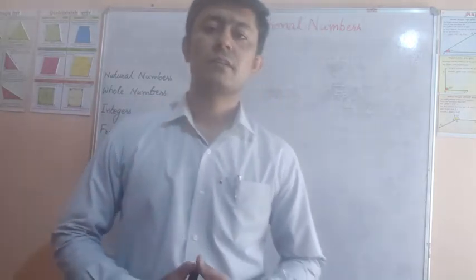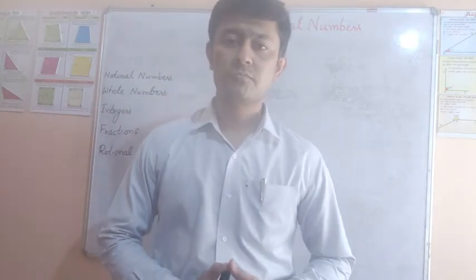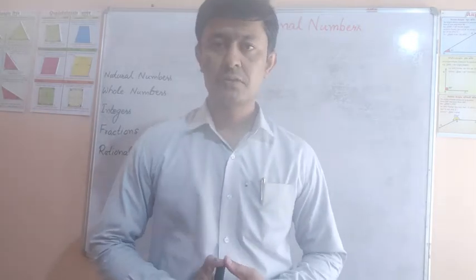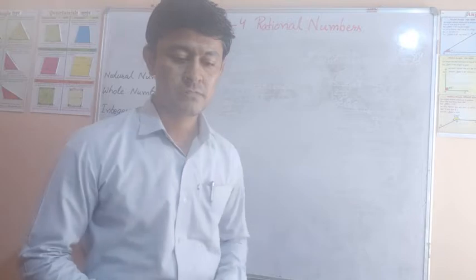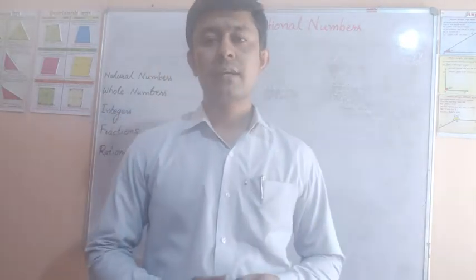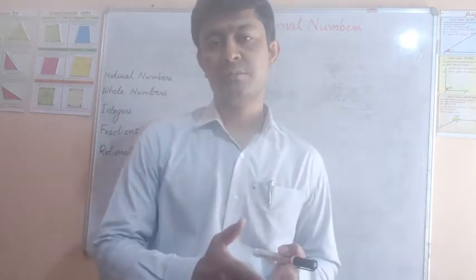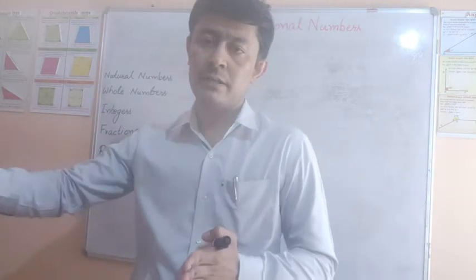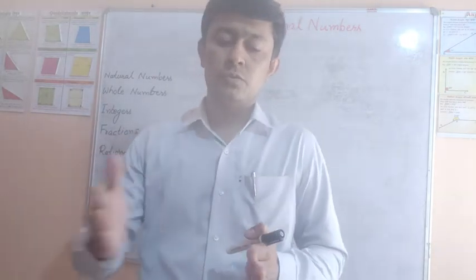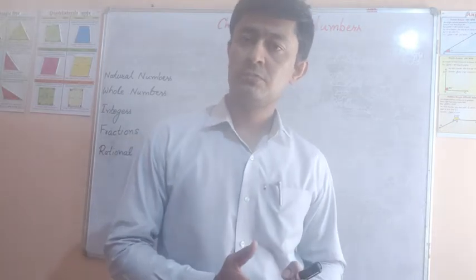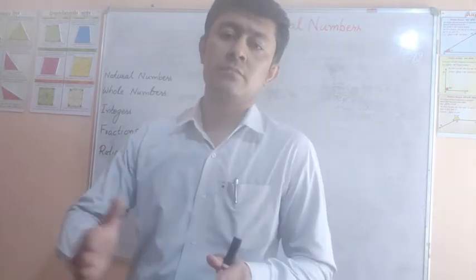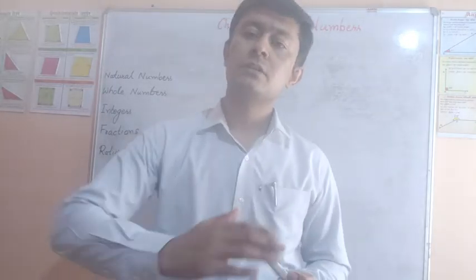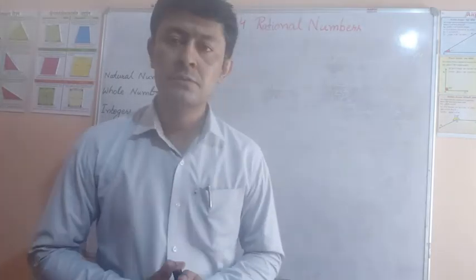Hello students, your half-yearly syllabus includes the fourth chapter, that is rational numbers. So we'll start rational numbers, chapter number 4 here. I have divided this chapter into sub-parts, first part, second part, third part and so on, right? The explanation of this chapter will be in several parts. I will upload all the videos of different parts, right? And share it with you.